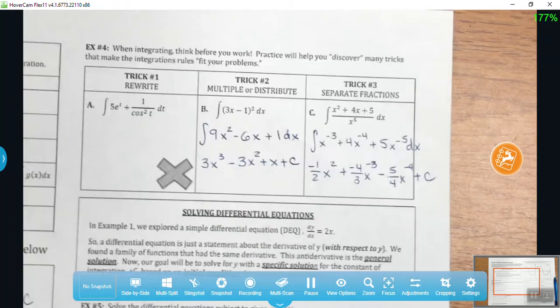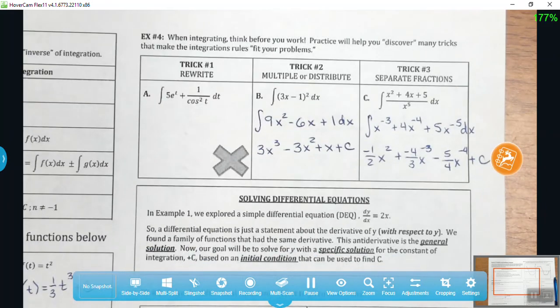Okay, let me know when you're ready for the answers to this. And then we're done, and you can work on corrections. And if you have any questions that you want to ask me about corrections, then